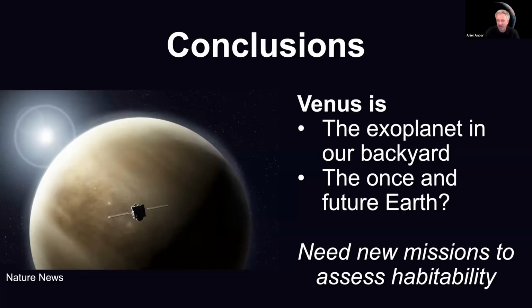Dan Shim asked, do we have any constraints on the bulk composition of Venus compared with Earth? Yeah, we have one constraint, which is the bulk density. We know the mass of Venus, we know the radius of Venus, and the bulk density is similar to Earth, so people pretend it's the same as Earth. I don't know. It could be. I mean, it's probably pretty similar to Earth, but you could invoke vastly different abundances of various minor elements that act on mantle and crustal dynamics.